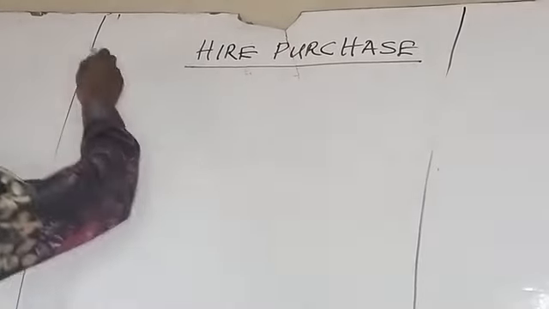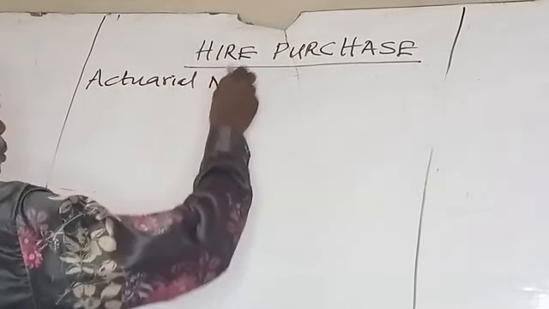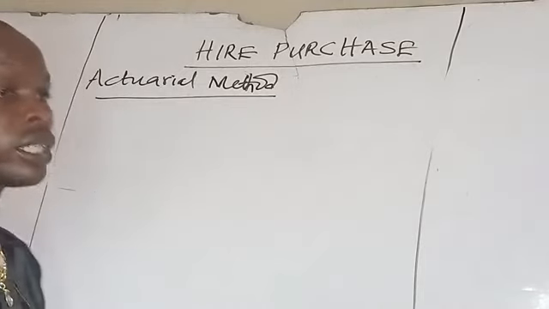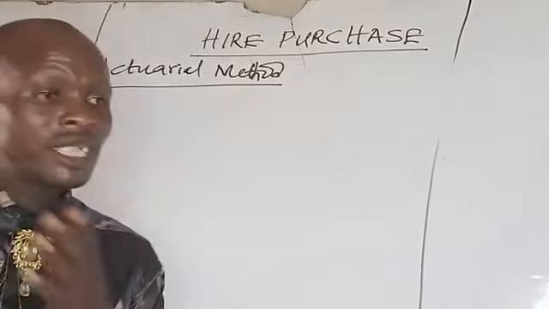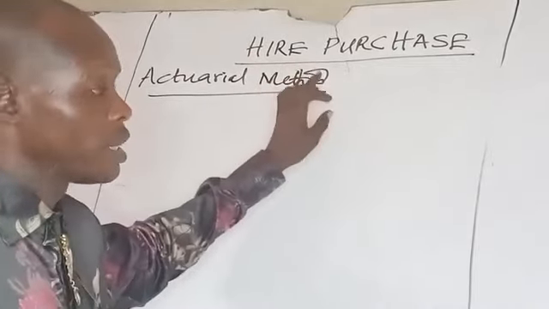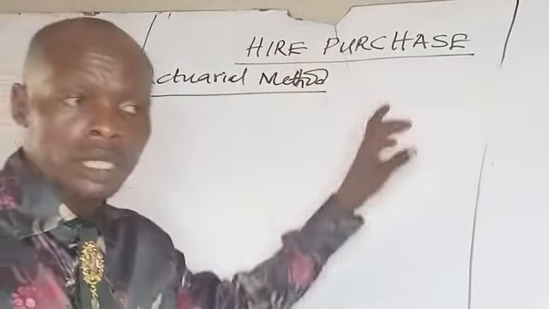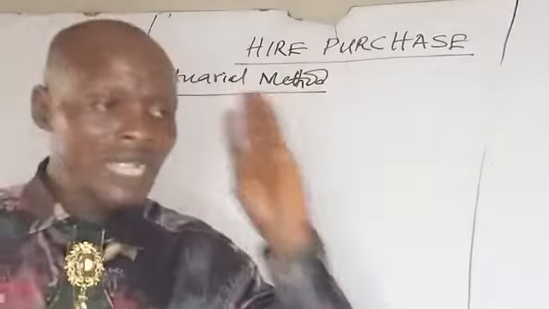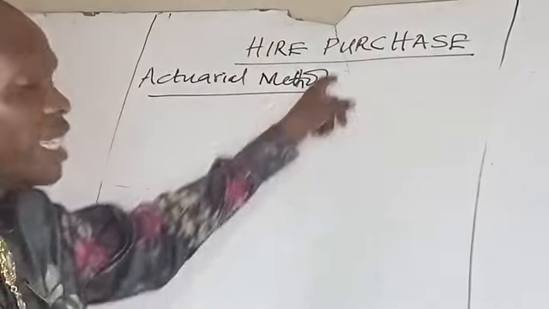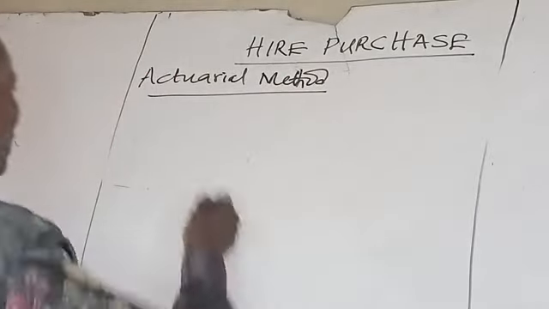Now, actuarial method. Under this method, hire purchase interest is written off by charging a fixed rate of interest on the outstanding balance at the due date of installments. So under this method,